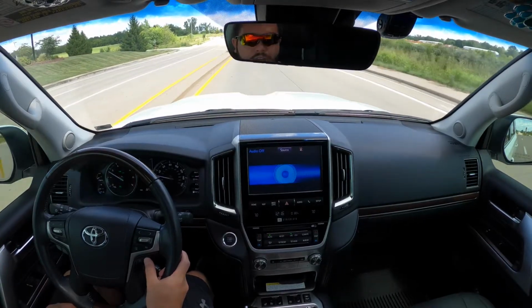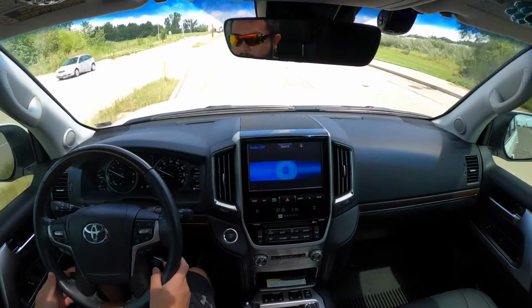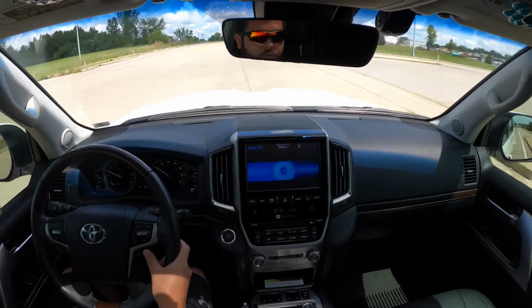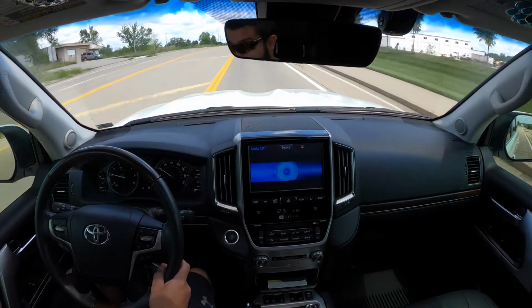That was a little too aggressive, as you can see, but we really like it. On our trip to Florida, we would set it on the lowest, so you can adjust it with this button here, either far, medium, or close. We'd set it as close as possible, set the